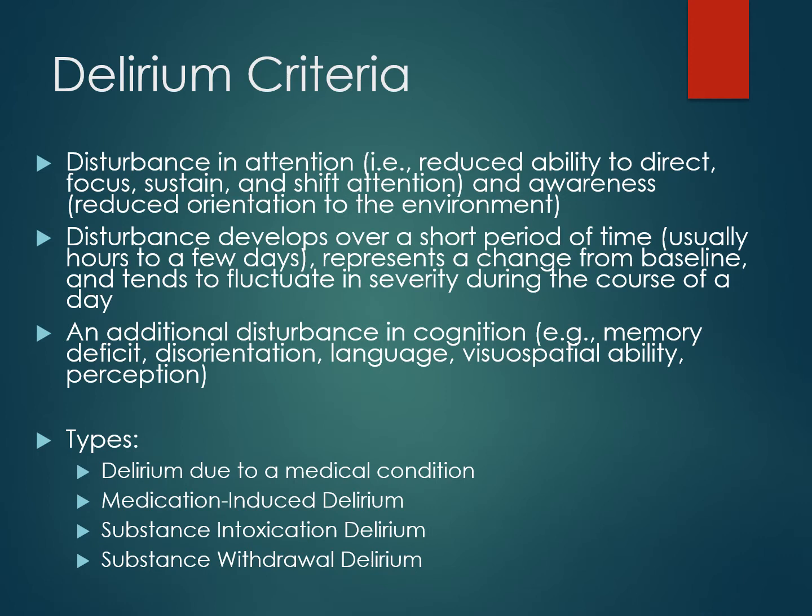They also must show impairments in at least one other area of cognition. They tend to show impairments in their memory, not being able to remember things from their past or form new memories. And they sometimes have impairments in their language, such as not being able to recall the word they want to use. But they may also have problems in their visuospatial ability, such as not being able to navigate to a place they are familiar with, or in their perception, including potentially experiencing hallucinations.